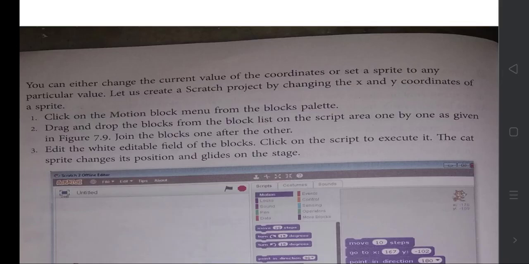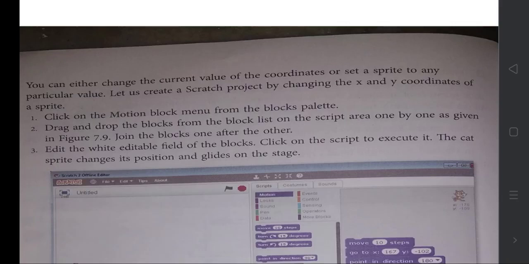Now click on the Motion block menu from the block palette. Drag and drop the blocks from the block list onto the script area one by one as given in Figure 7.9. See Figure 7.9 in your textbook. It will look like that only.